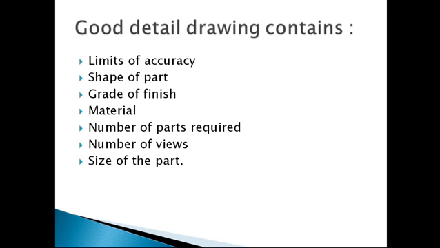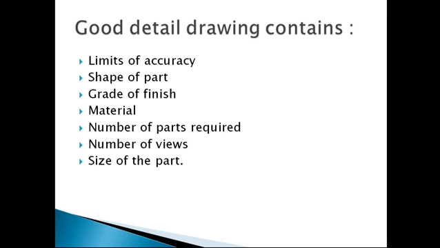We also need to consider whether a sectional view or an auxiliary view is required, on the basis of complexity. If our job is very simple, then only front and top views are sufficient to describe it. If the job is very complex, and we want to see hidden lines or how the object looks inside, then we need to take sectional views. That is an important thing to consider while drawing this object.